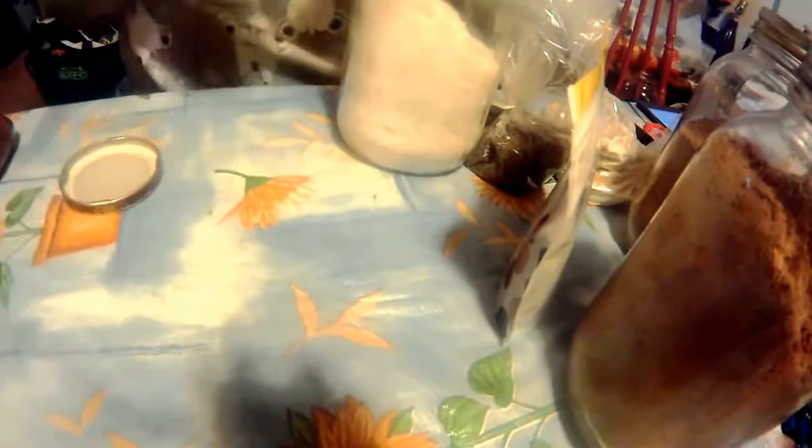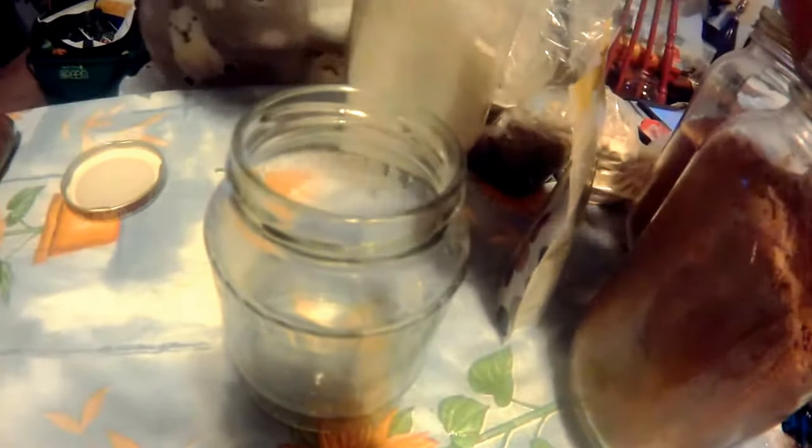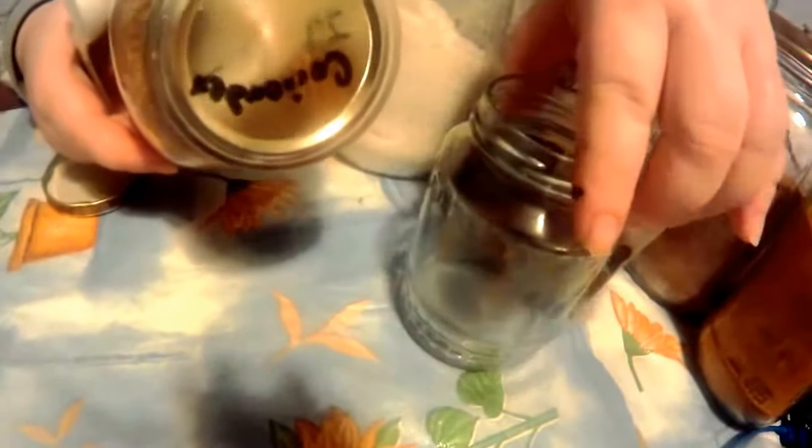Make it in this reused glass jar. I think it had pesto sauce or whatever in it. And the recipe calls for 1 tablespoon of coriander,